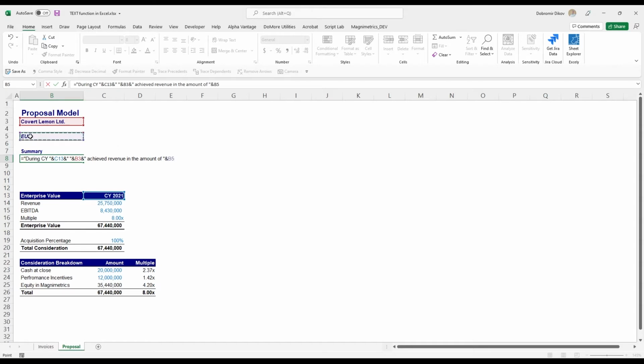ampersand. I'm going to add the currency. I'm going to add another space. And then I'm going to add a text formula, which is going to grab the revenue. And remember, we need to format that as a number. I want to format it in millions because that's how I usually write my summary. So I can use a digit